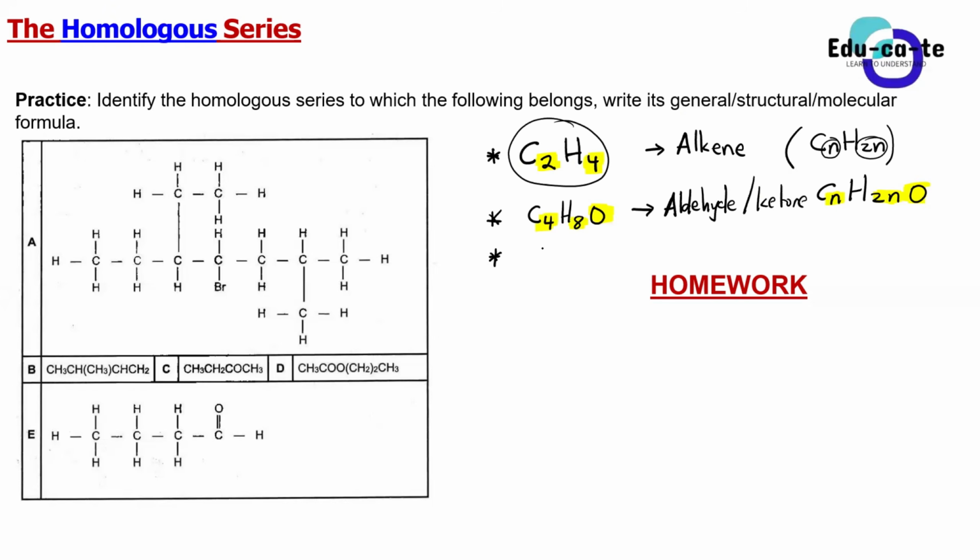Okay, what if I give you this one and I say this is C2H6? Please tell me, what is the homologous series? Look carefully, guys. Don't guess. Again, I repeat for the millionth time. Look carefully. The molecular formula of this compound is C2H6, meaning that it has 2 carbons and 6 hydrogens in total. What homologous series does this belong to?